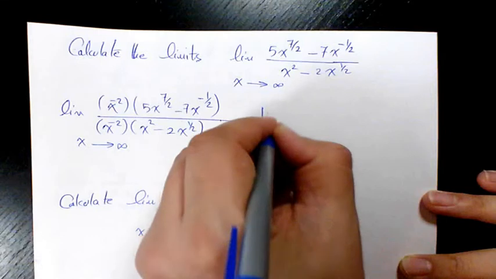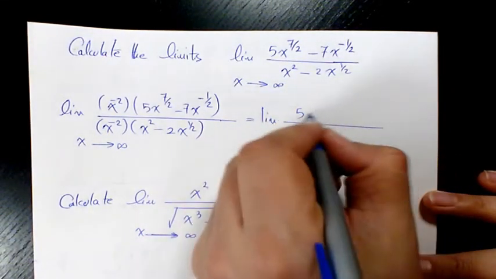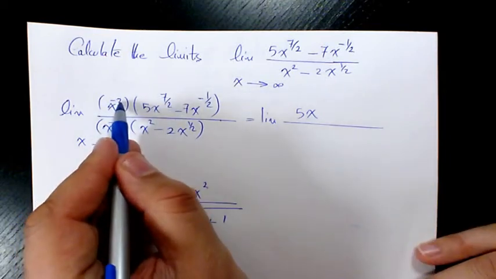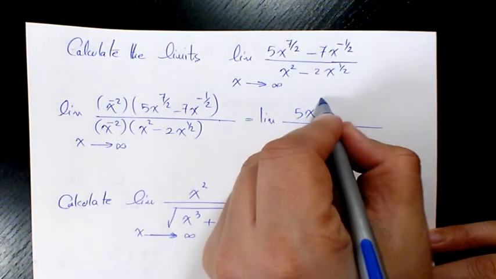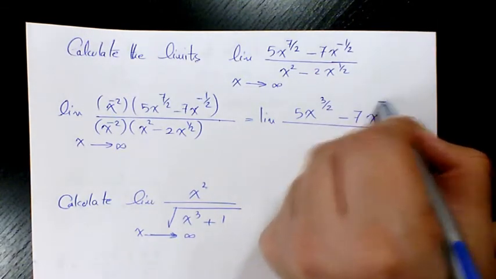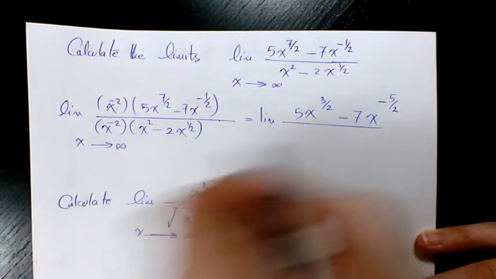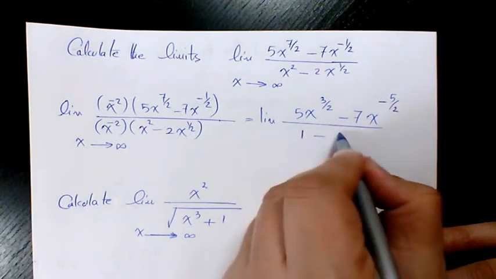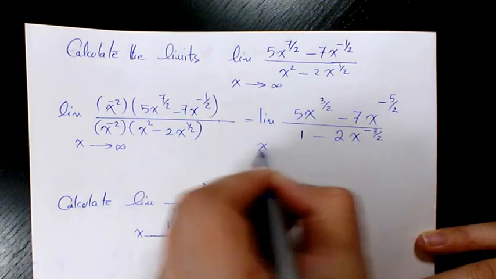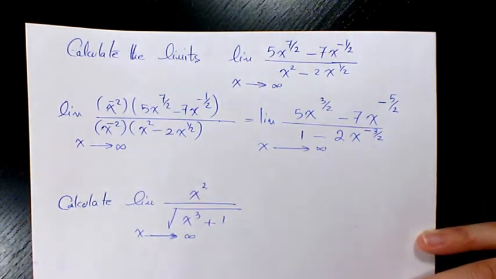That's going to be limit of 5x to the power of 7 over 2 minus 2 is going to be 3 over 2 minus 7x to the power of negative 5 over 2. Here we have 1 minus 2 x to the power of negative 3 over 2 when x is approaching infinity,